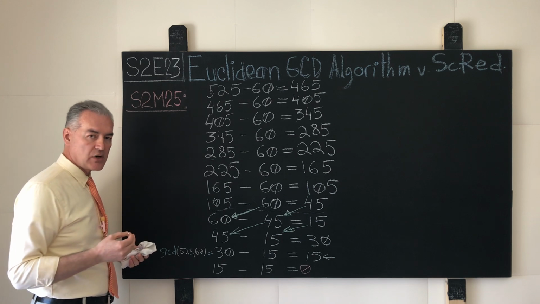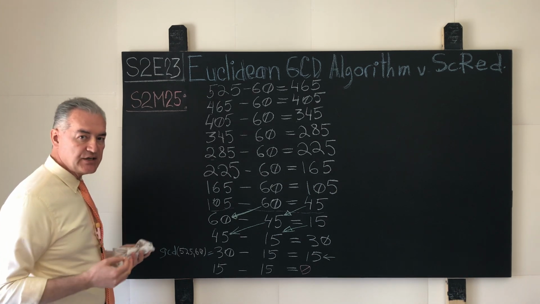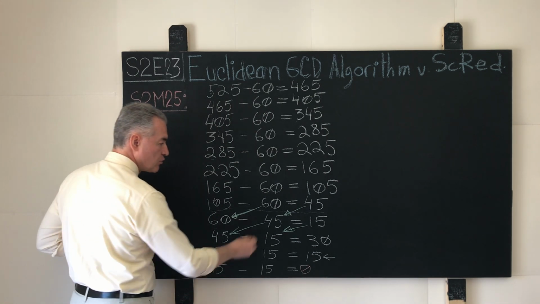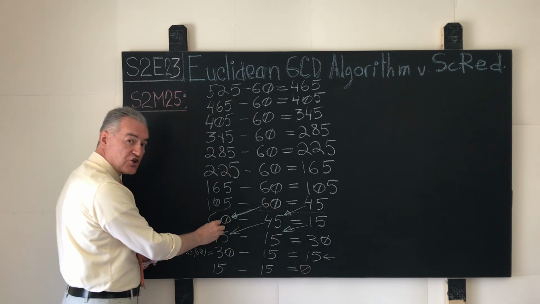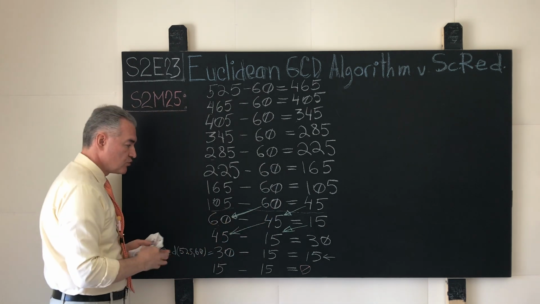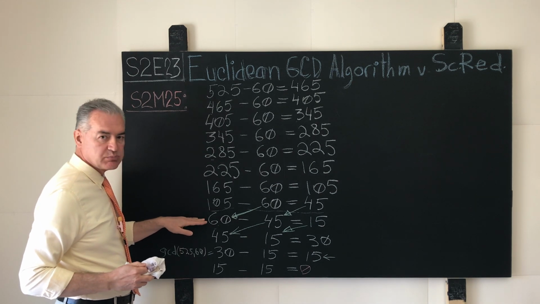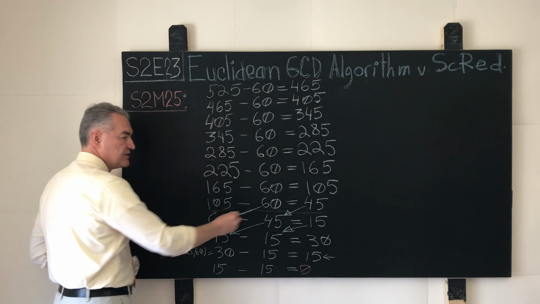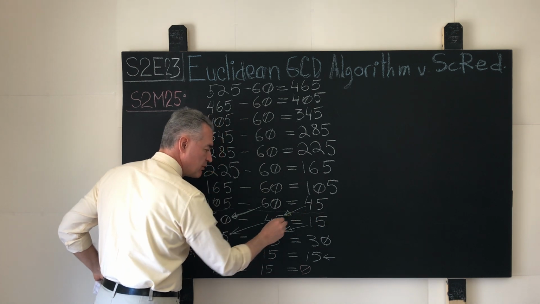But we want our algorithm to terminate in a finite number of steps. And here we do the following promotion or substitution, if you will. We promote the formerly smaller number 60 to be the new larger number. So in other words, starting from this step over here, the number 60 will play the role of the larger numbers shown over here. And the difference that is now smaller than 60, that is 45, will be promoted into